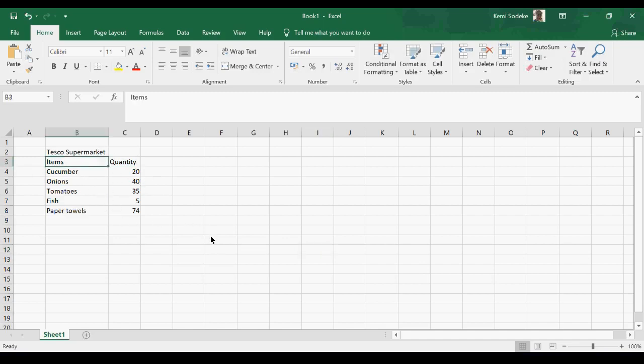Anytime you click on a cell in Excel, that cell has an address. It's just like your address. So where I have items,